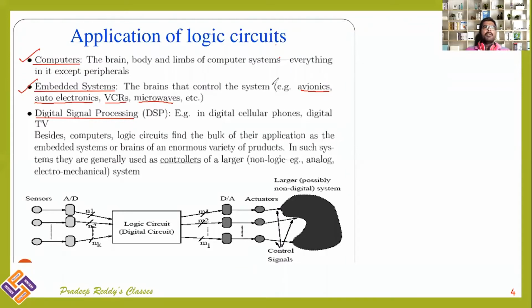For example, now you are able to see a digital display in the vehicle. You are able to connect the GPS to the display, and you can drive in unknown routes also. That is one embedded system where we will be using integrated circuits. Likewise, we have many machines which automatically use these types of logic gates. We can switch on and switch off a microwave using just a logic gate.